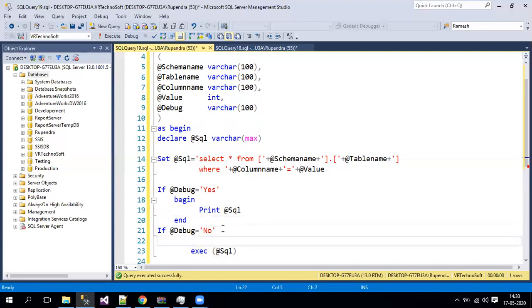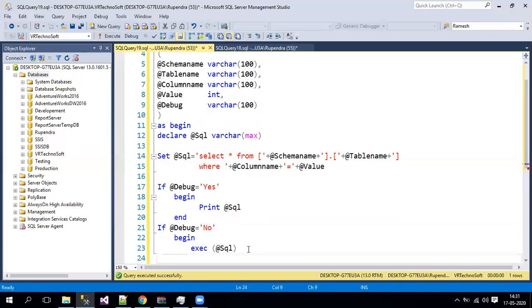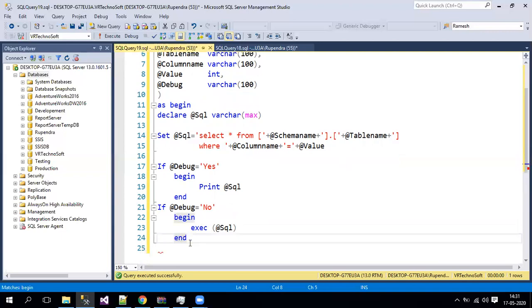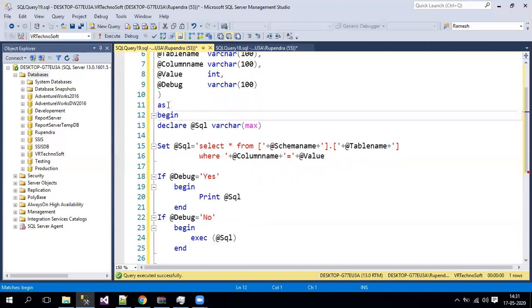So we can keep either the if or the else block. Either way it is fine. Now I'll also put one more end. Why? Because here we have a begin statement, right? In your stored procedure, if you have multiple begins, this is your first begin, and here you can keep the end, and for this end also you can keep one.